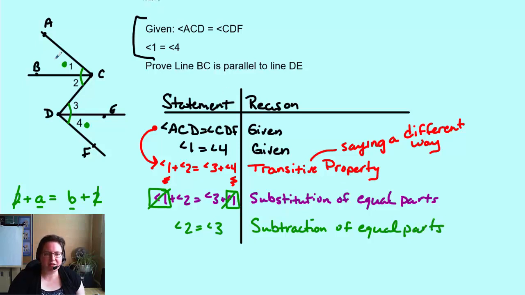So now, after all the proof that we've just done, we've just proved that angle 2 is equal to angle 3. Let's take a second to go back up to what we're supposed to be proving. We're supposed to prove that line BC, this one right here, is parallel to line DE. Well, we just proved that angle 2 and angle 3 are the same. And if you remember your angle properties, this creates a Z shape. And that is one of the properties that says if the two angles inside the corners of the Z are the same, the alternating angles are equal, then you have two parallel lines. So line BC is parallel to line DE